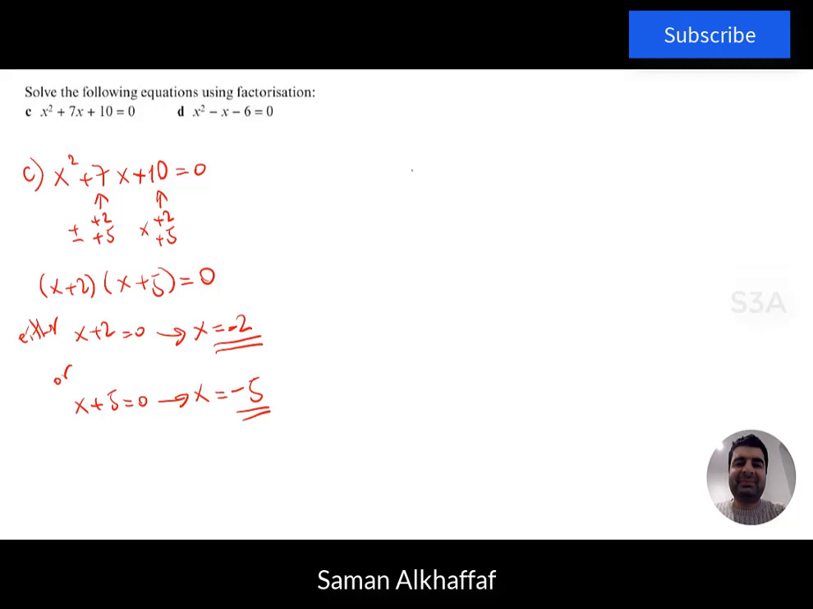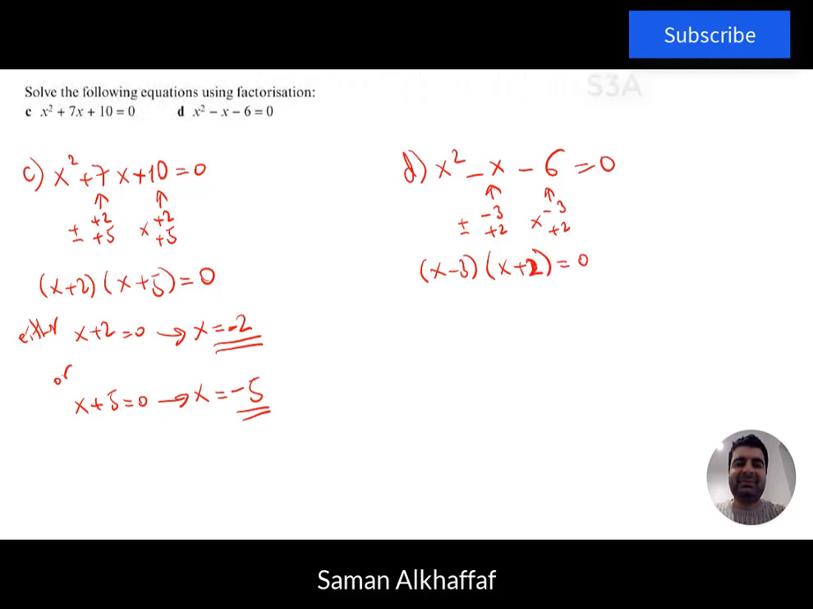For part D, we have x squared minus x minus 6 equal 0. So first we find two values that we can add or take away that will give us minus 1. These two will be minus 3 and plus 2. And the second will be two values, again minus 3 and plus 2, the same values, but this time multiplied by each other. So the brackets will be x minus 3 and x plus 2